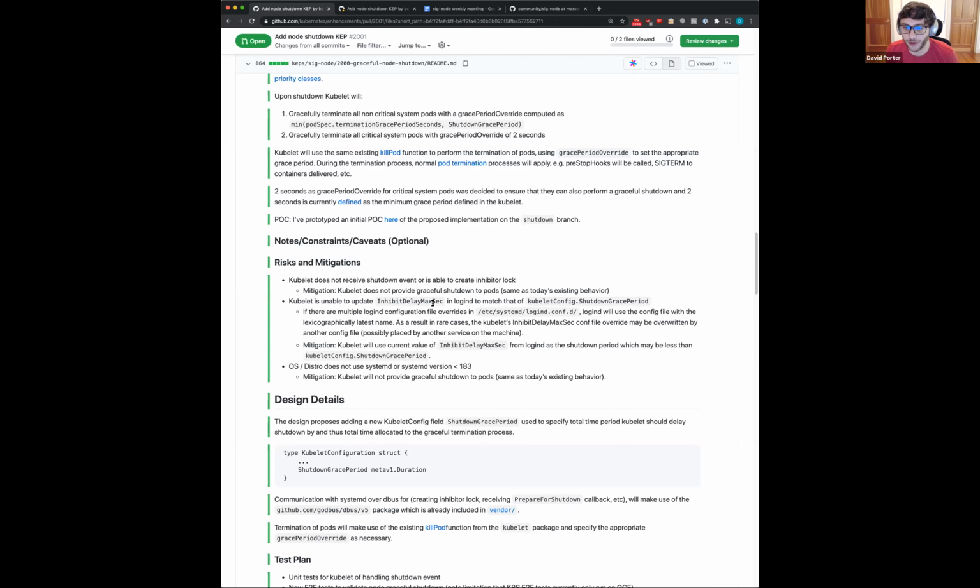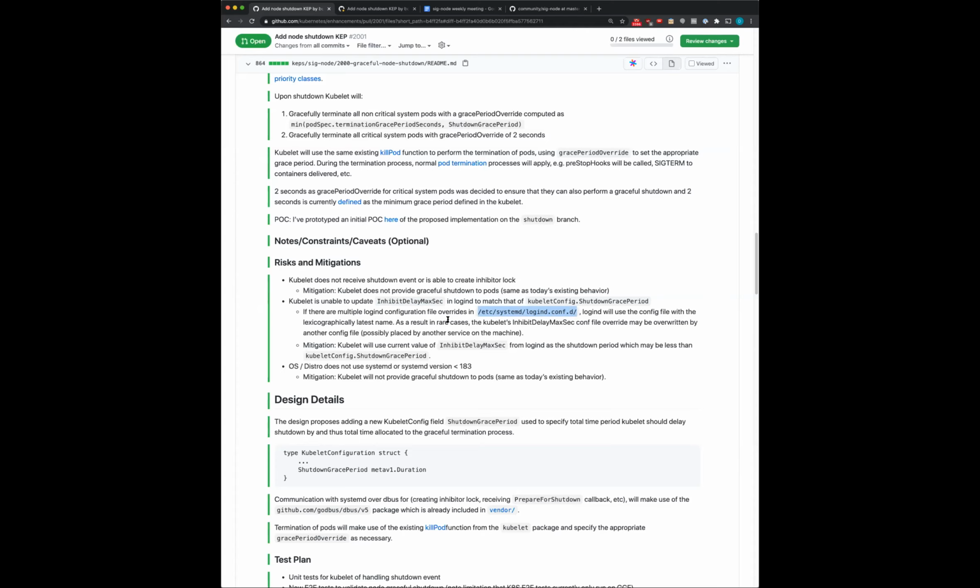The way this works is we need to request some amount of time from systemd to delay the shutdown by. The default in systemd, I believe, is 5 seconds. It's the InhibitDelayMaxSec property under logind that's configured on your distro. The default I've seen on Debian and Ubuntu is 5 seconds. But if the user passes in something else in the kubelet config, the proposal here is we'll write a config file to logind, update that value, and send a SIGHUP to logind to refresh the value. So that's what Don's referring to, that kubelet is controlling that value of logind. We wanted to check what people's thoughts were on that.